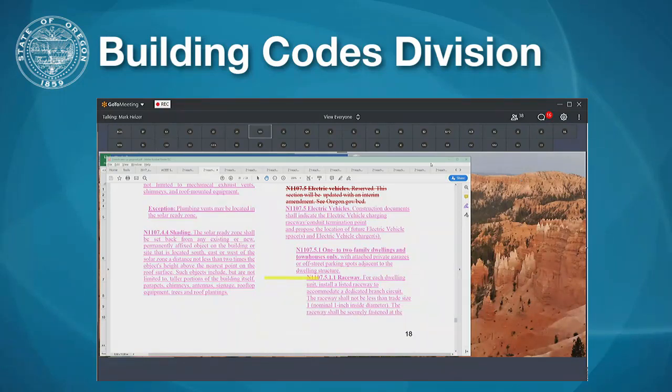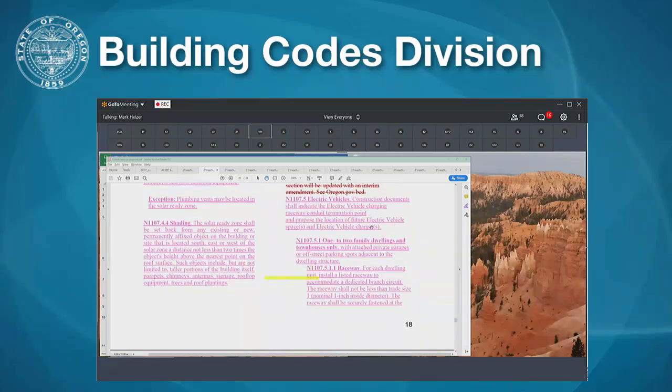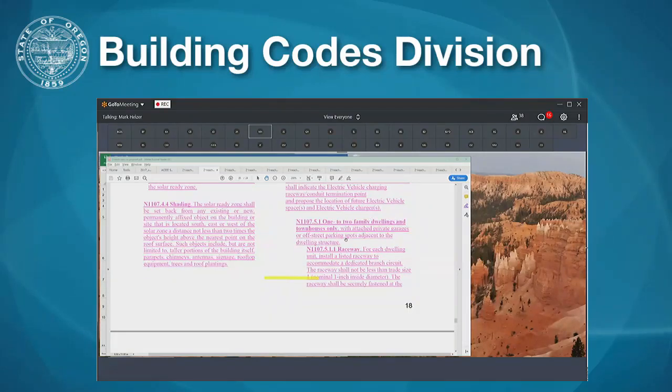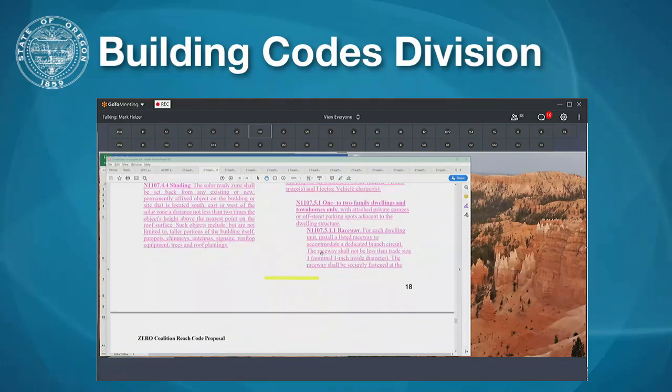Thank you, Don. If you can send that, we'll post it and pass that on to the proponents as well. So moving on to one of the last pieces is, of course, the electric vehicle charging. The language is looking for 1 and 2 family dwellings and townhomes with attached parking garages or off-street spots adjacent to the dwelling structure, having a raceway,